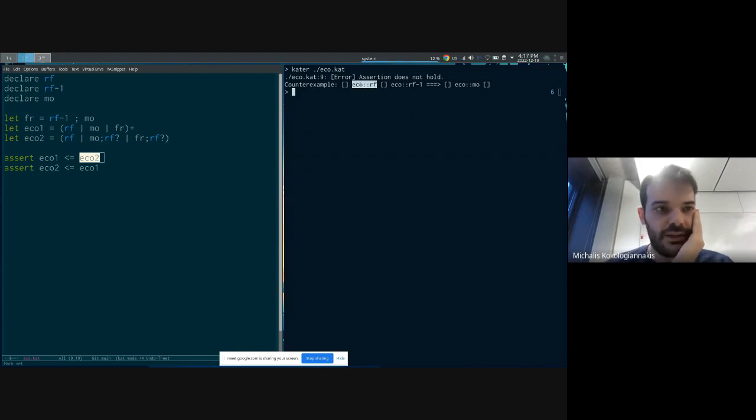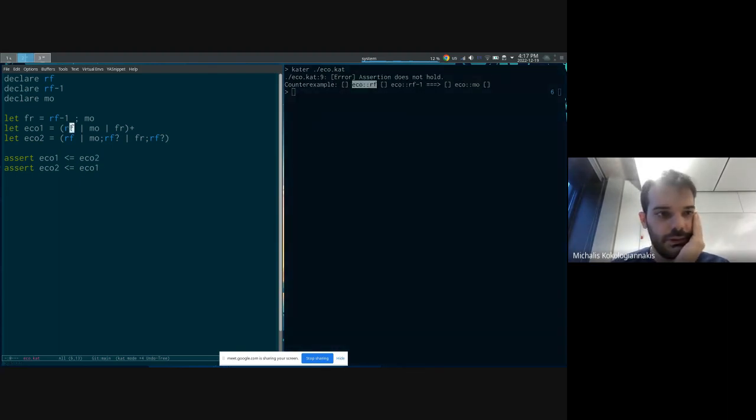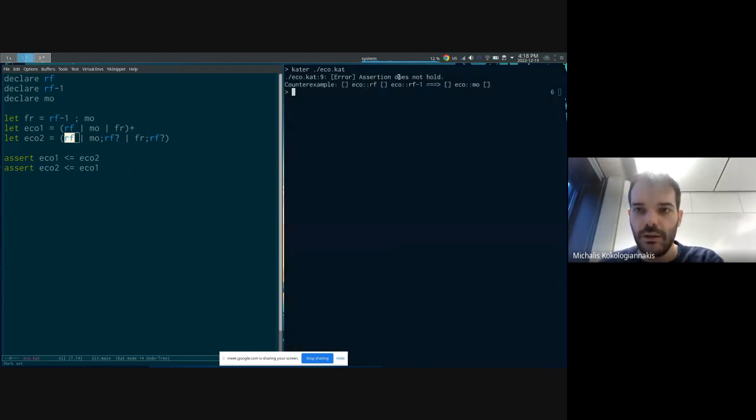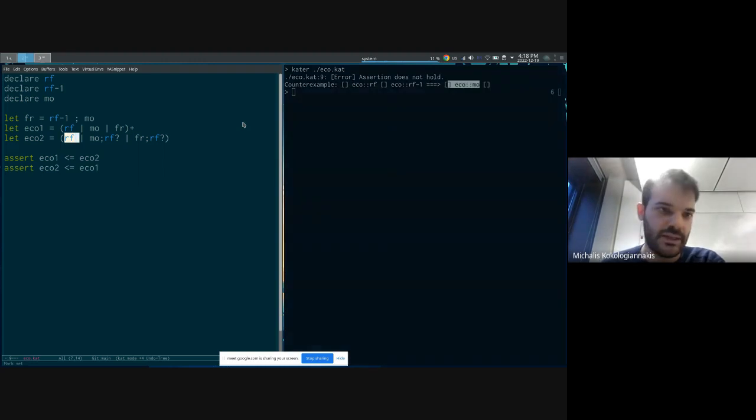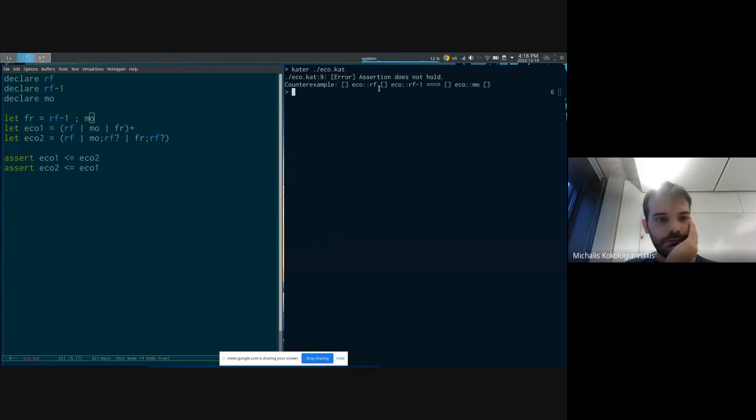Here it says that the left-hand side can take an RF step from this RF part here. And then, due to the transitive closure, it can start an FR transition, the first step of which is an RF inverse. The right-hand side cannot do that because after this RF, it's basically in an accepting state, it cannot do anything else. And the left-hand side needs to take an MO step in the end to reach an accepting state. So we get this counterexample, which seems reasonable in the beginning, but in fact, this is